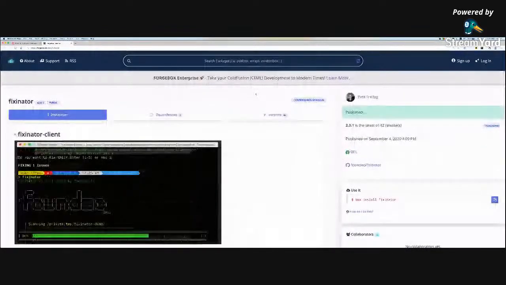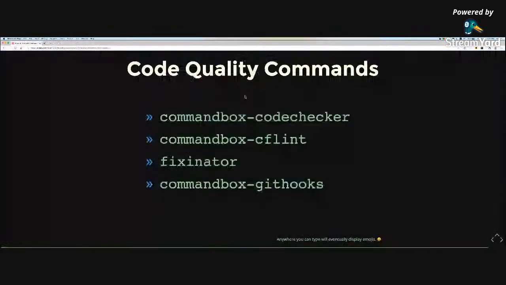I'll leave all of them to explain the benefits of these, but some really helpful code quality commands. And then finally, before I need to actually get in and start writing some code here and showing you how to build these types of commands on your own, one of the ones that I really liked, and I mentioned it on the Modernize or Die podcast at the end of last year, let's go to ForgeBox,